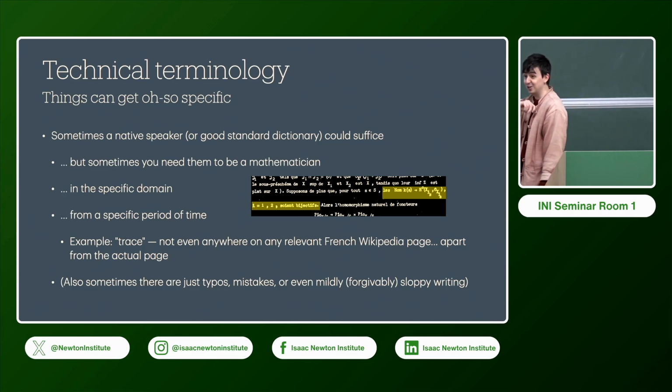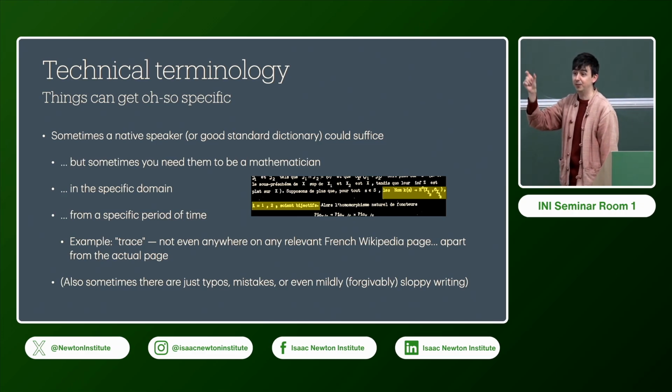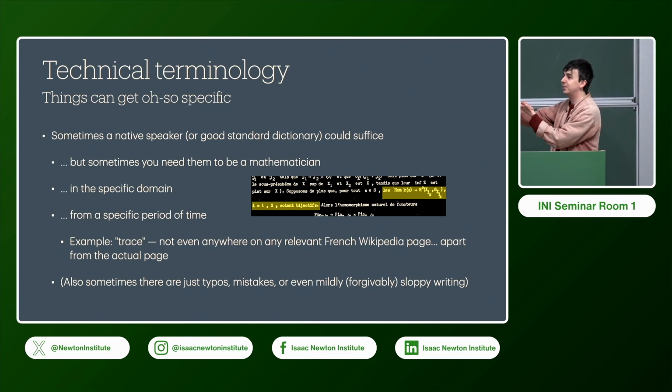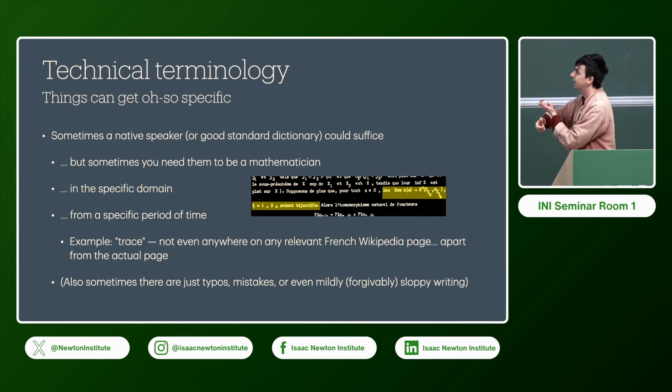I'm interested here, because I know there are French speakers here. I saw the word trace used for intersection of sets, okay? And I asked my colleague at the time, a French PhD student around my age, what the word trace meant in this sentence. It wasn't used as an intersection of sets, it was used as an intersection of derived schemes or something like this. And he was like, I don't know how you take the trace of a derived scheme. That's really weird. That doesn't quite type check to me.